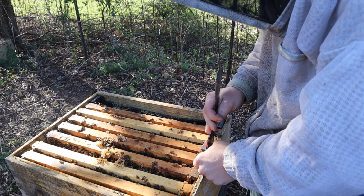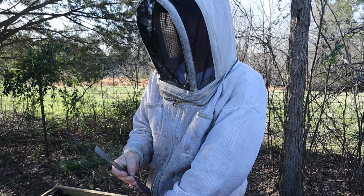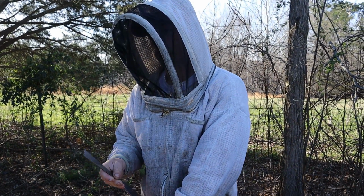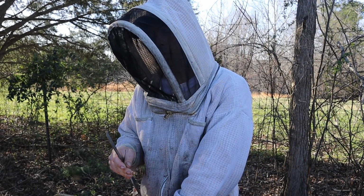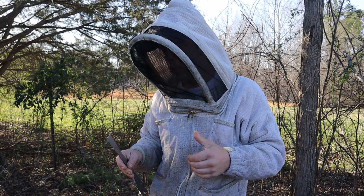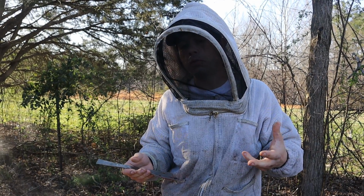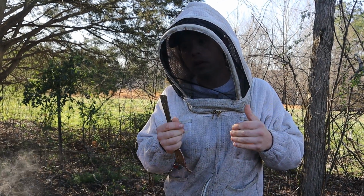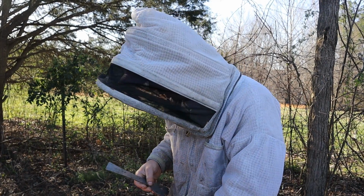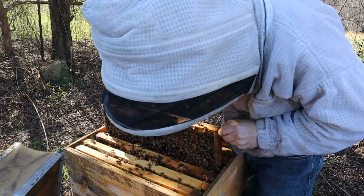Now if we were in the middle, I mean, you have to know your season, right? Again, I'm not expecting decent nectar flows for about 3 weeks. We want our colonies peaking right at that point. We don't want them swarming prior to that. We want to avoid swarming. And some of our biggest colonies are ahead of where they need to be, which is great. We can use those to make little mating nukes. We can help colonies that could be good honey production colonies if they just have a little bit of a boost. And when I say a little bit of a boost, when we give them a frame like this that is loaded with brood,